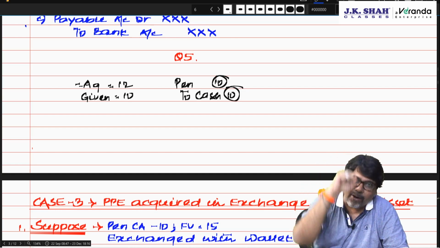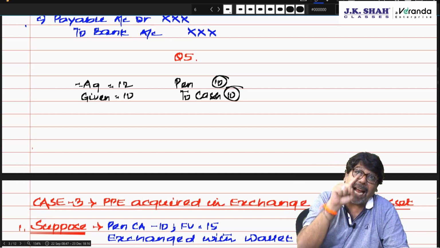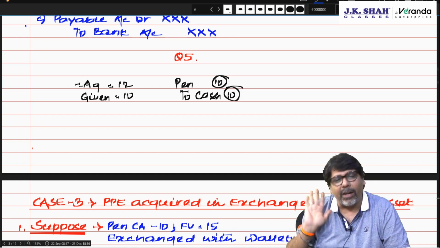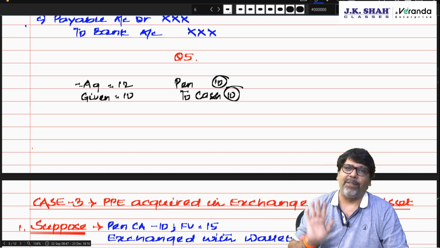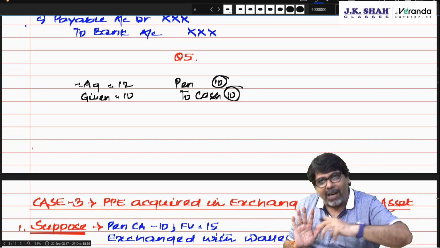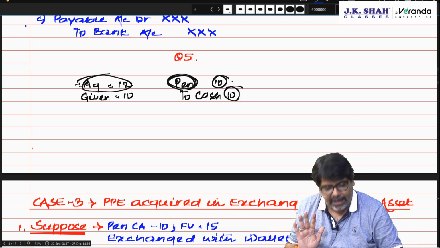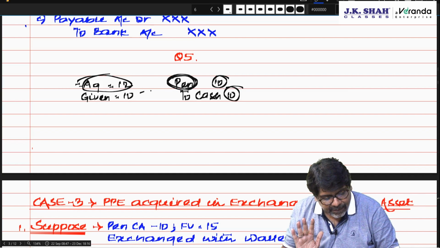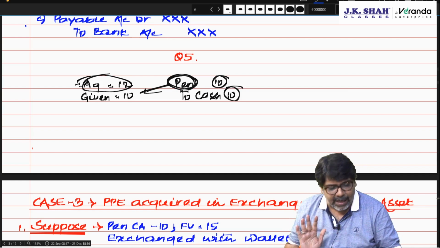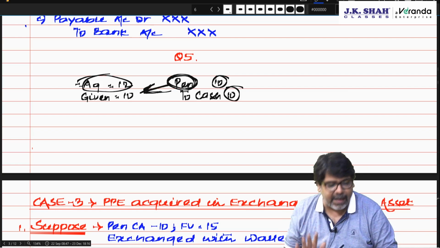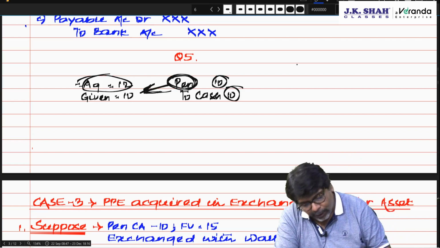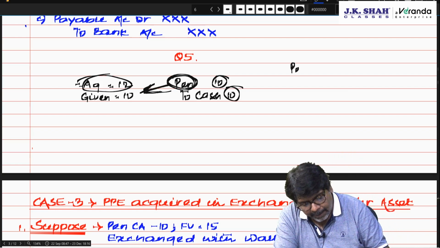So when I am recording pen, I am recording pen at its fair value or the cash which I have given. So the cash which you have given, that means asset acquired, pen, is recorded at fair value of asset given up. Asset acquired pen is recorded at fair value of asset given up. So chartered pen to asset